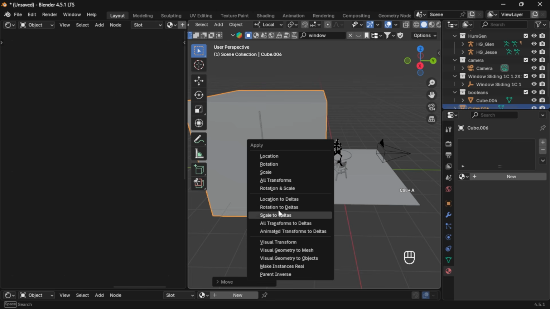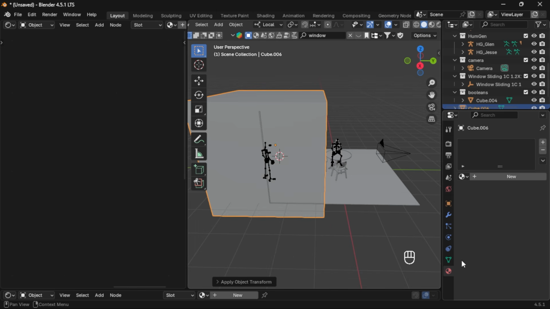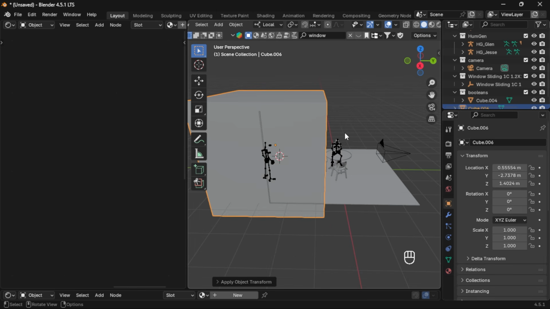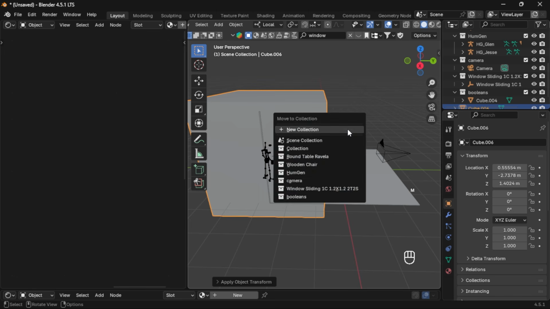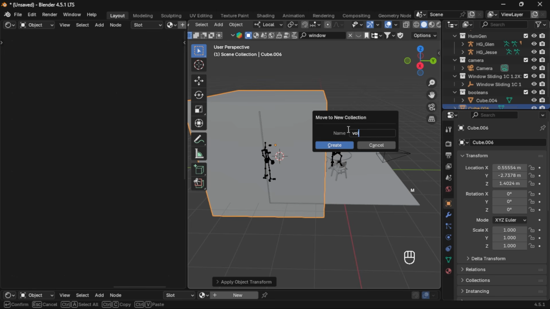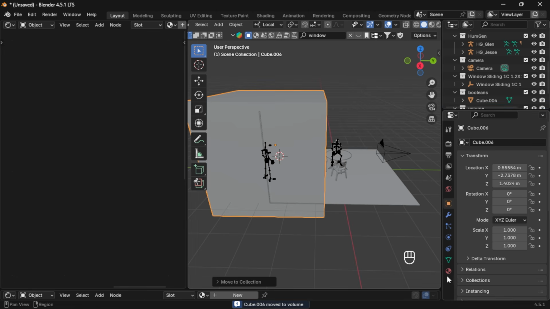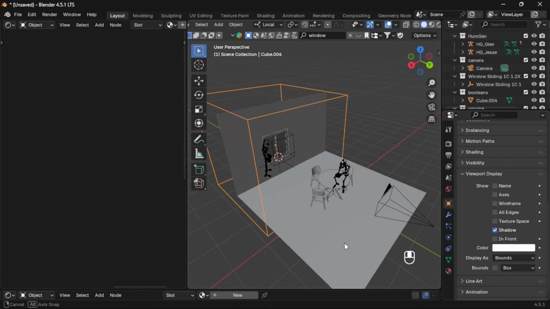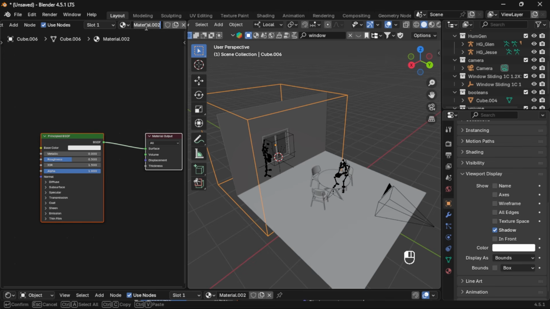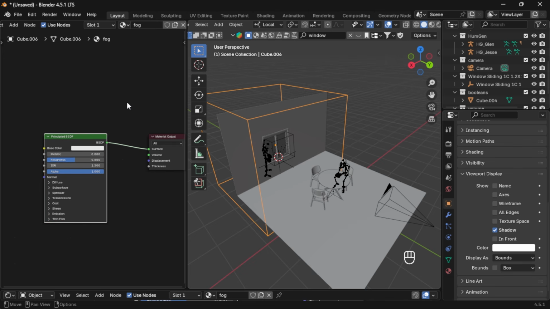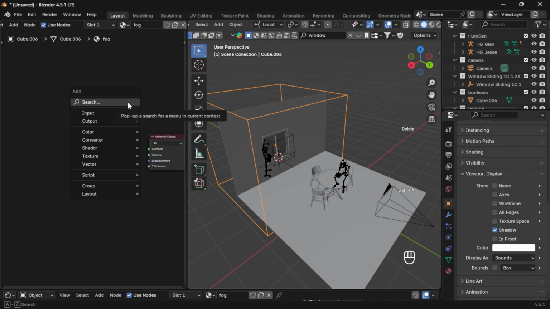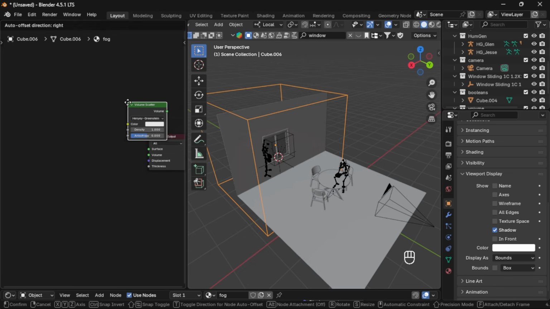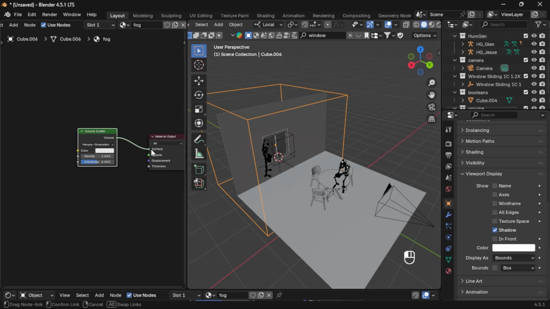Let's press Ctrl A and apply scale. Let's go to object. So first let's press M, new collection, and I'm going to name this volume. And now let's go to viewport display and bounds. And now here in the shader editor, I'm going to add a new material and call this fog. And I'm going to delete the Principled BSDF and add a volume scatter node and plug it into